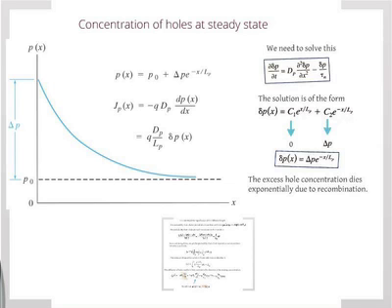First of all, you see in the solution we assumed you have a plus e raised to x over LP term as well, but obviously that is meaningless because if x goes to very large, this will blow up. So that term is not a correct solution. That won't make any physical sense because the concentrations cannot increase; they have to decrease. So it has to look something like this because if you take the derivative,